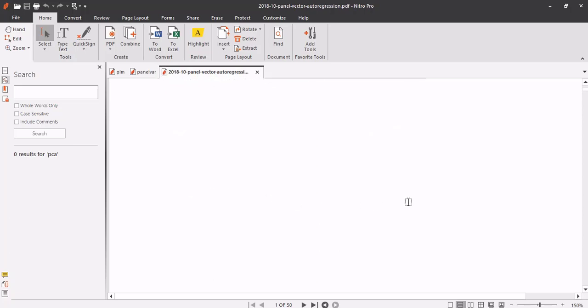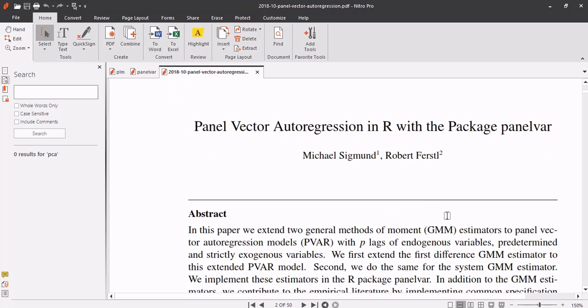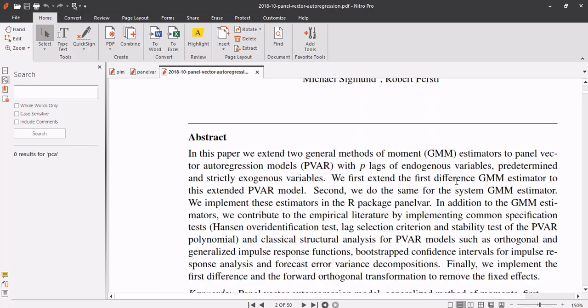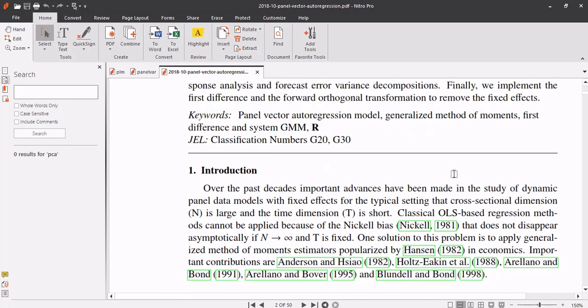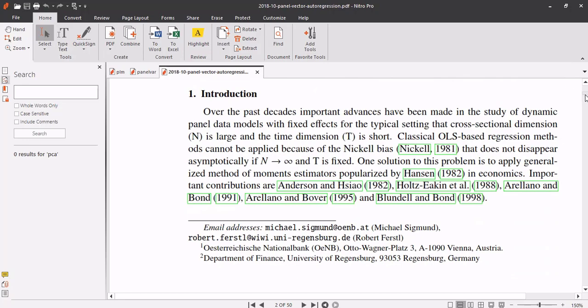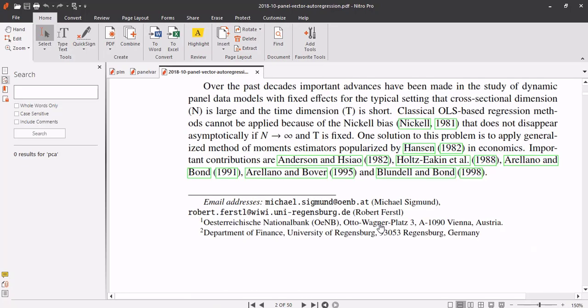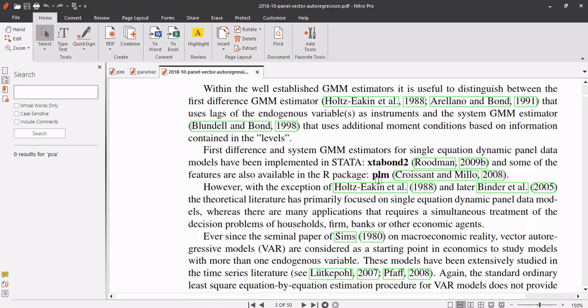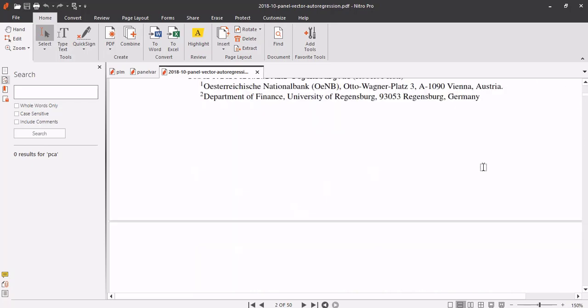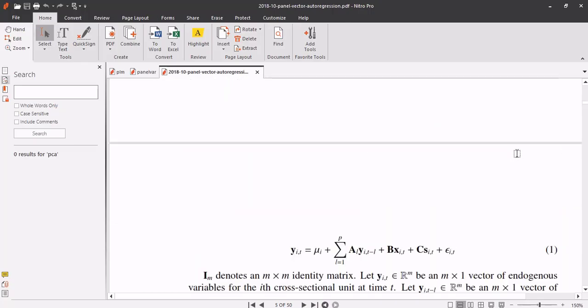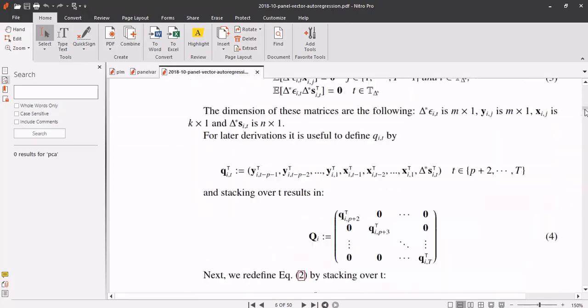As you can see in this paper, he's conducting estimation using this same package and comparing the results with the Stata package called, I think, the VAR. Yes, it's called VAR package in Stata, and he is comparing between these packages results